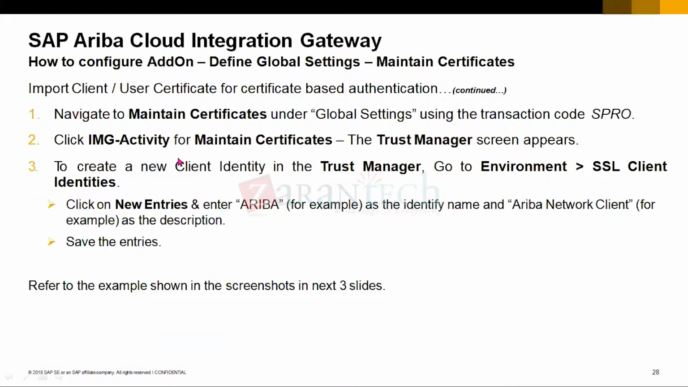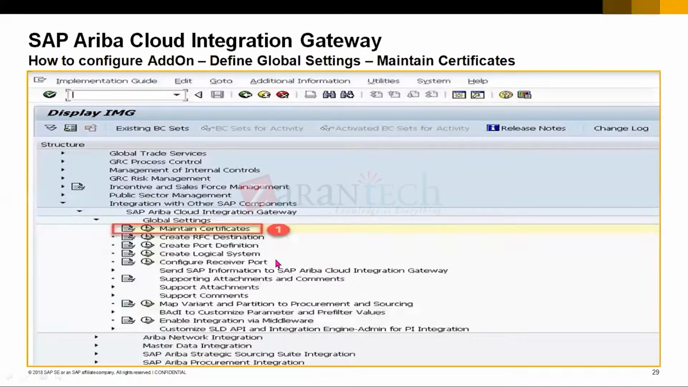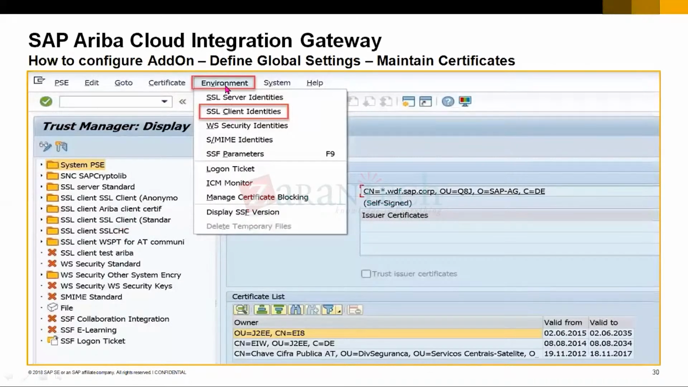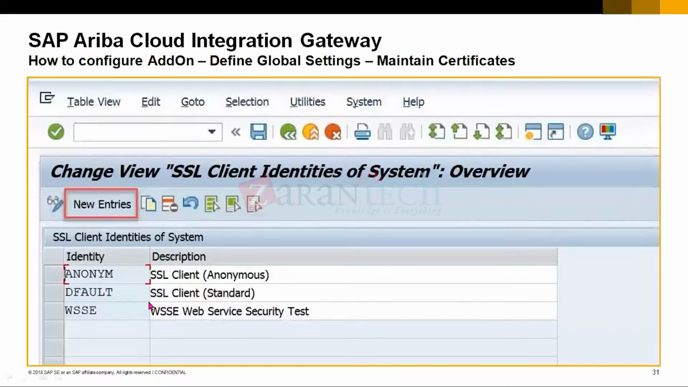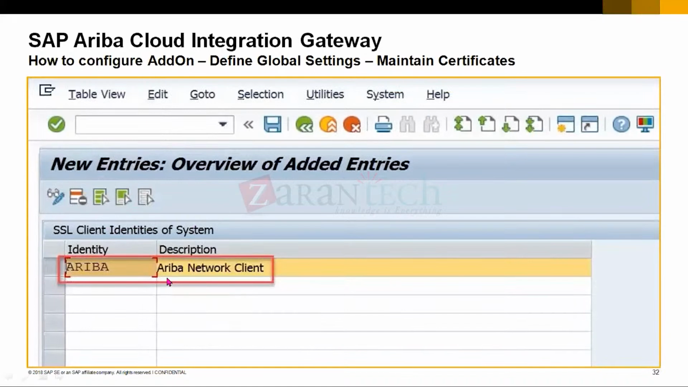And then they are saying we have to navigate to the maintenance certificate under global setting once again. Then go to the trust manager, create a new client, right? If you see the screenshot, we have to go to maintenance certificate once again, then go to environment, SSL client identities. After that, you will get this kind of screen. We have to maintain one new entry here, and as part of the new entry, we maintain the identity as Ariba, with the description Ariba